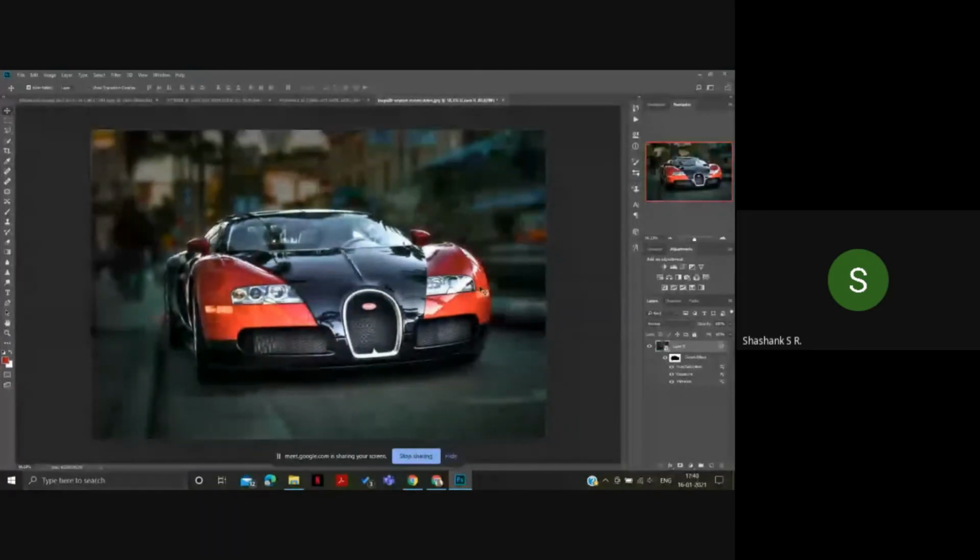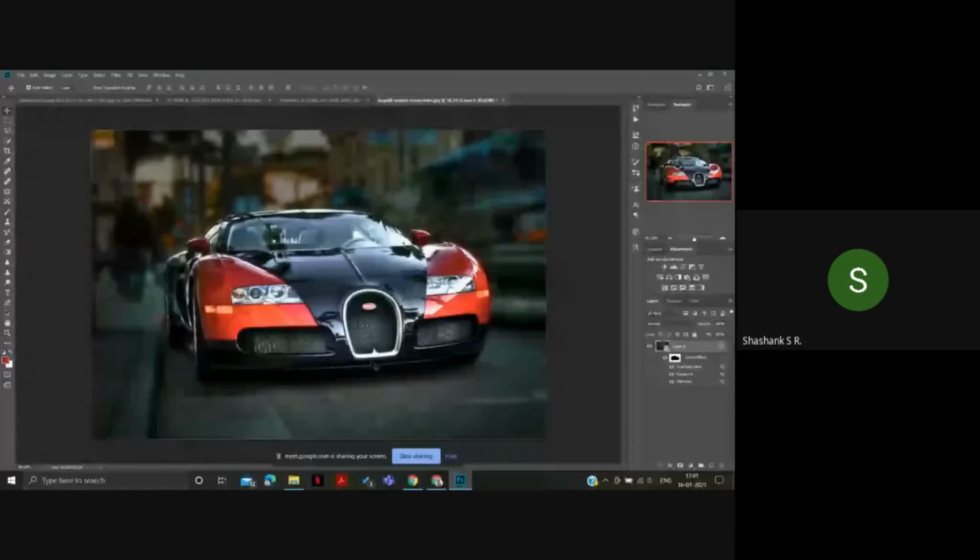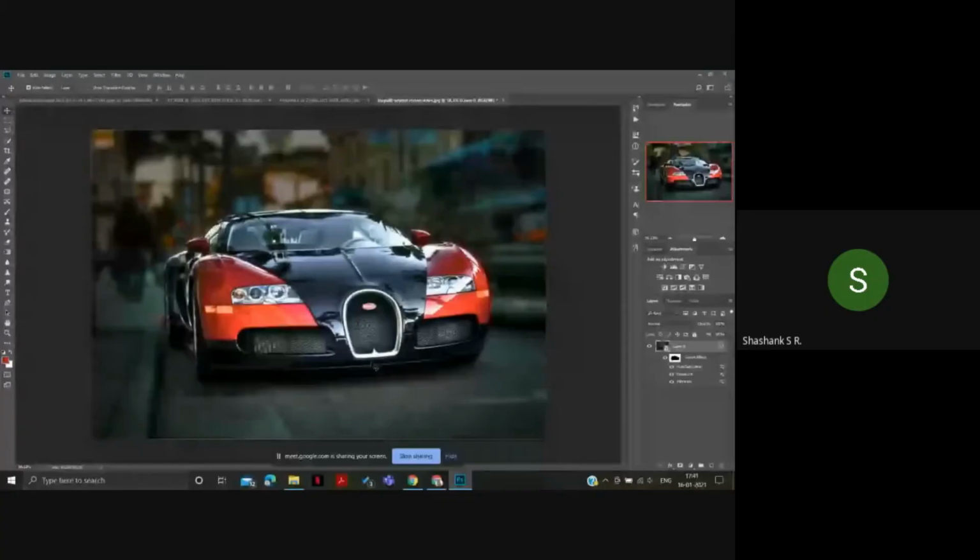So that's it about the blurring. Now Photoshop can also be used to edit images. Say, for example, you have taken a normal beach image on your phone, but the sunset background, the sky in the photo, is too flat. So you need to edit it.